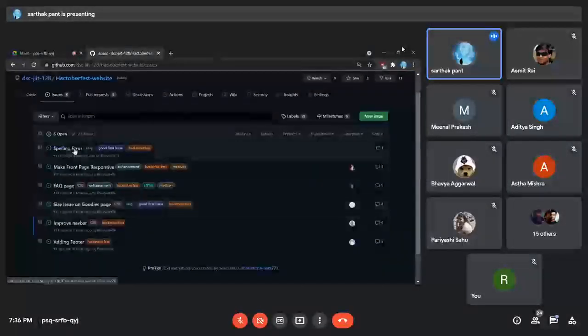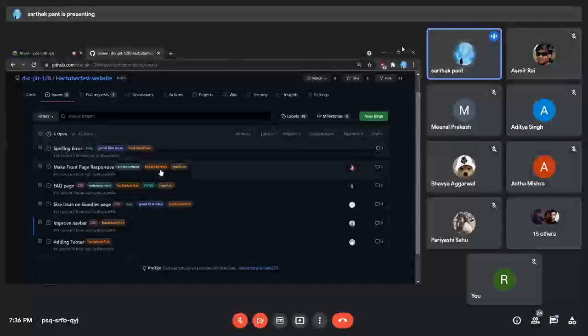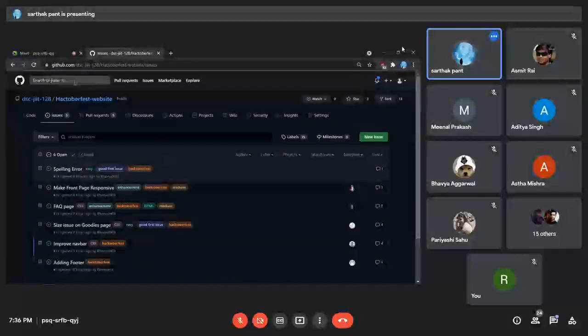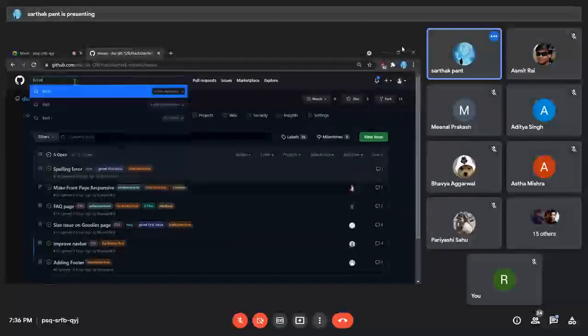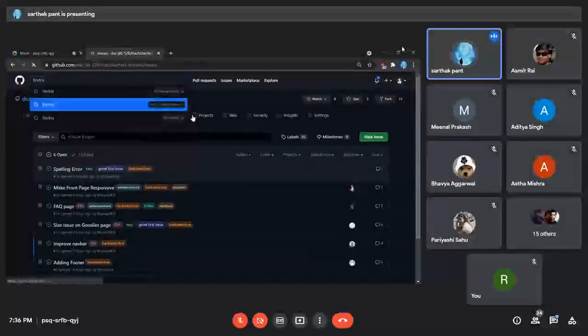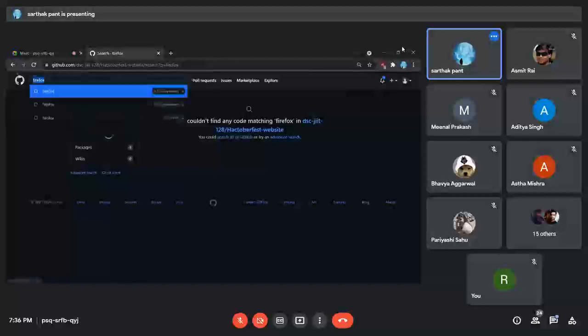The first thing is that if you found a bug, for example, if I'm using Firefox and I found something laggy and I know how to fix it, I will go to the Firefox repository.